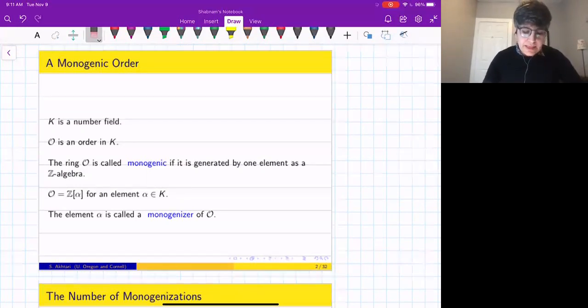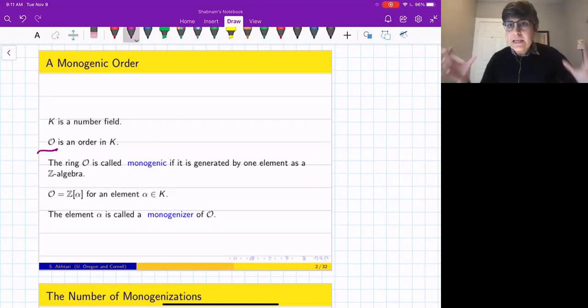So in a number field setup, we call O an order, I show it with O here, if basically it's a Z-lattice, but at the same time the elements of O over Q have to generate K, so it's a full lattice in K. The ring is called monogenic if it can be generated by one